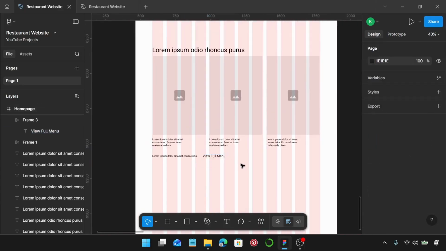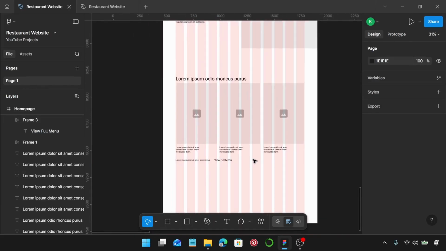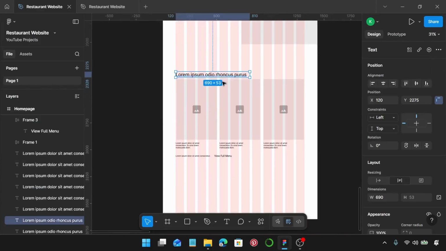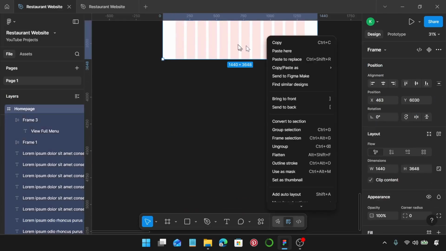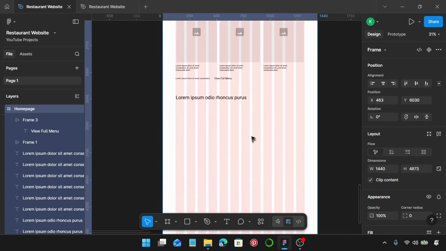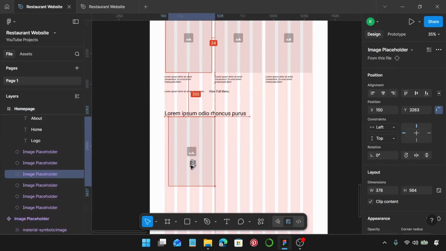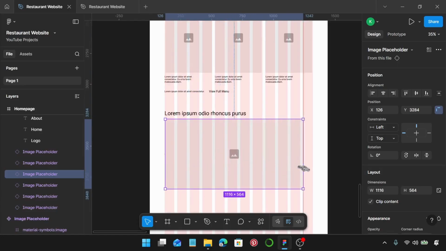So this is the menu highlight section in the home page. Let's create another copy of this text. I'm just going to use Alt and Shift and then drag to create another copy. I'm going to increase the height of this, and I'm going to create a copy of the image, bring this here, and just extend the width